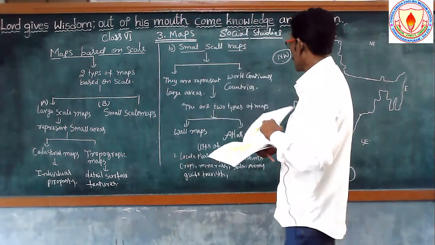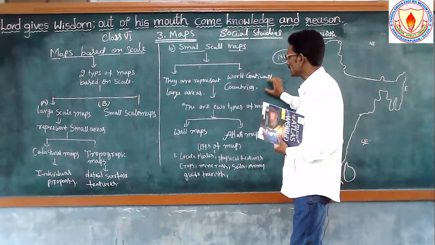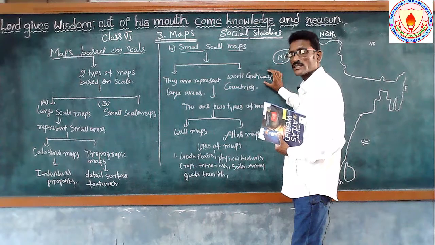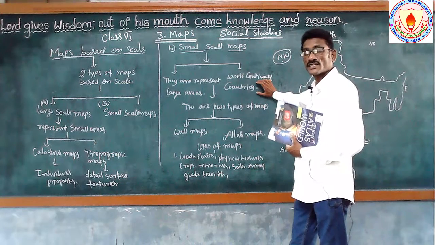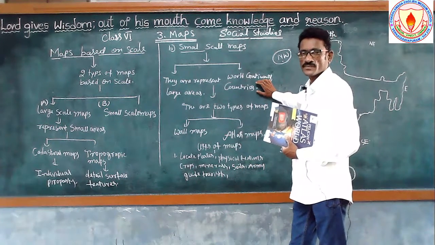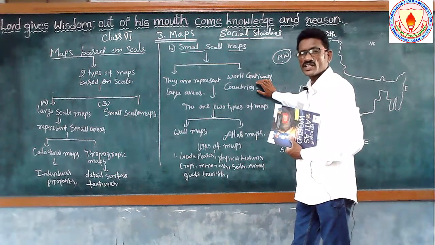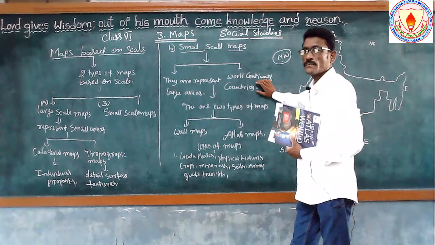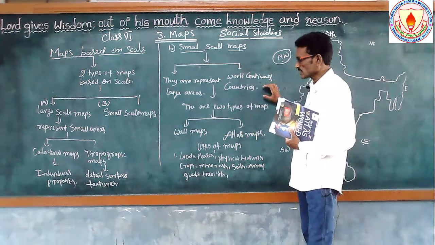So here are two types of maps of countries. I hope you are understanding about all the continents and countries here. Children, how many continents are there? Seven continents are there. Like that, there are so many countries here. Asian countries, Russia also is there in Asia, the biggest country. Like that, Kazakhstan, Uzbekistan, Pakistan, Afghanistan, Bhutan, Myanmar, Bangladesh, a number of countries are located on the map. So maps give more information about the countries and continents and oceans also.